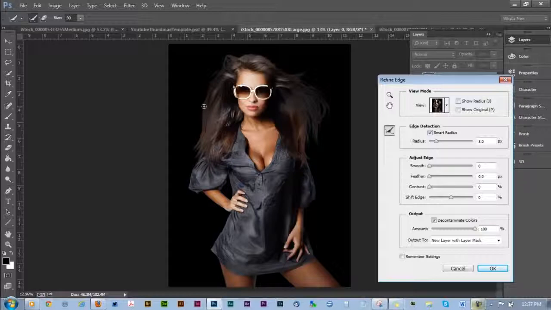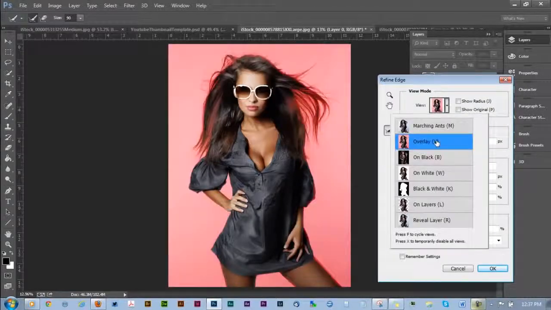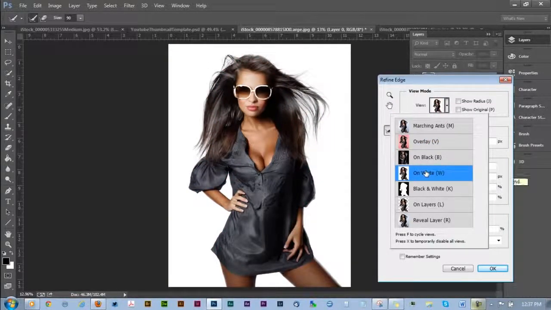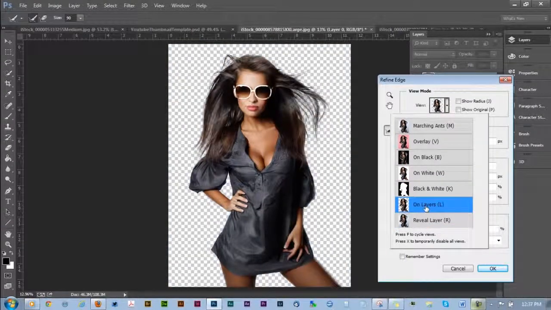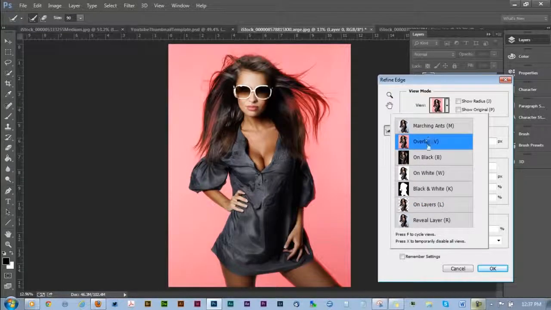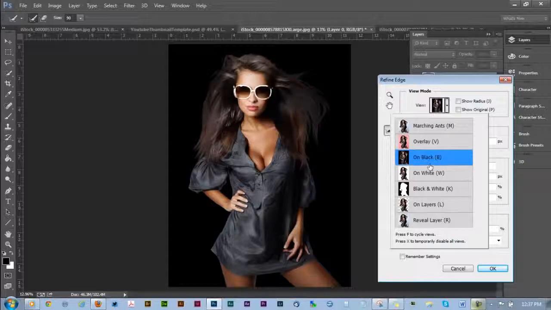Now we're going to go ahead and look at this on red because we're going to see some other areas. We're going to look at a few things that we can do to clean this up better. Let's look at it on white. Let's look at it on, okay, transparency. All right, not bad. In truth, I would probably say this is okay and that we could live with this,